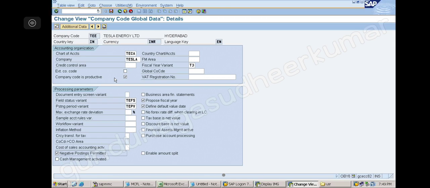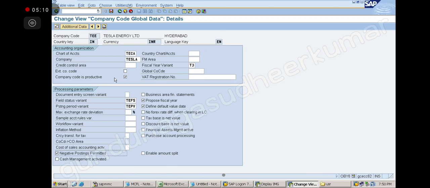So the value date means the date on which the value of the transaction has taken place.